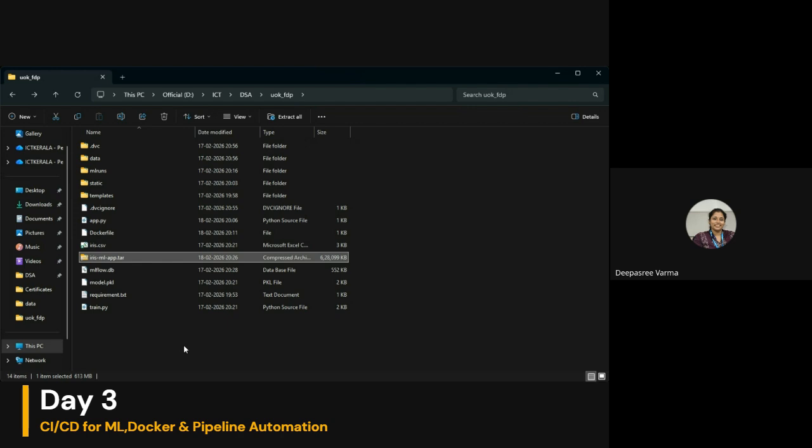I'm deleting this for now because I want to do the continuous integration part in the same folder, with the same repository that we did yesterday.